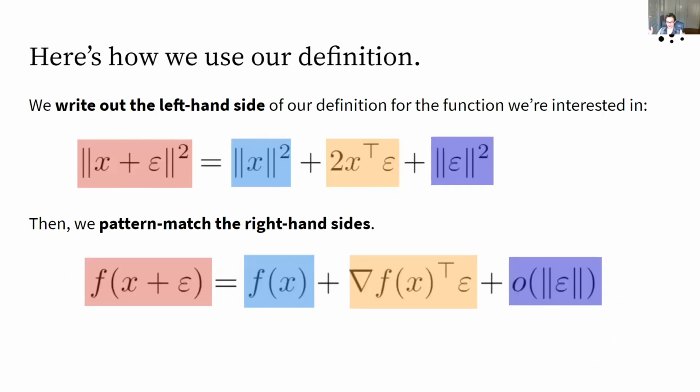So here's how we end up using our definition. It looks exactly the same as the way we used our definition for the scalar derivative. If we want to know the derivative of the L2 norm, the squared norm, which people use for regularization in machine learning, and gradients get calculated on it. Maybe you wondered what that gradient was. What we do is we multiply it out. The squared norm looks just like that x plus epsilon squared that we had before. We get one term that's the squared norm of x, another term that's the squared norm of epsilon, and then a term in the middle that's basically 2 times x times epsilon.